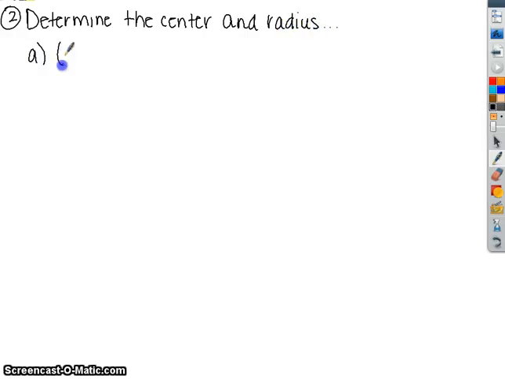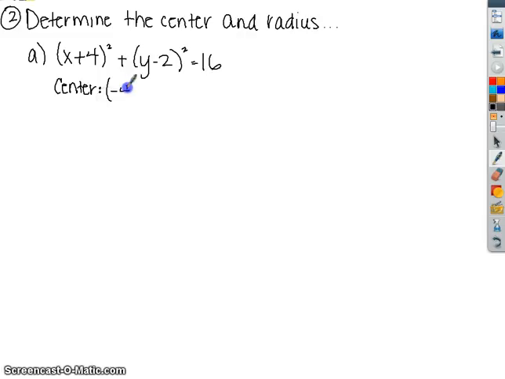Here's the first one. (x plus 4) squared plus (y minus 2) squared equals 16. All right, so all we have to do is determine the center and the radius of the circle with this equation. Okay, so if we remember, x minus h, okay? So for this one, if it's a plus, then it's like minus negative. So it's going to be negative 4 for the h, and then y minus k, so the k would be 2. And remember, this right here represents r squared, so the square root of 16 is